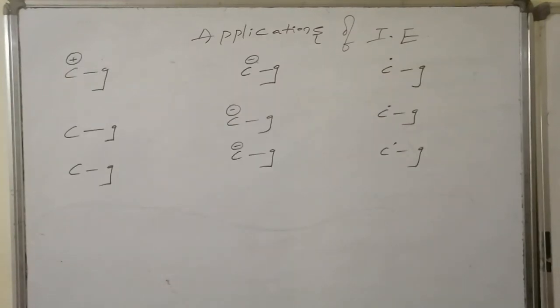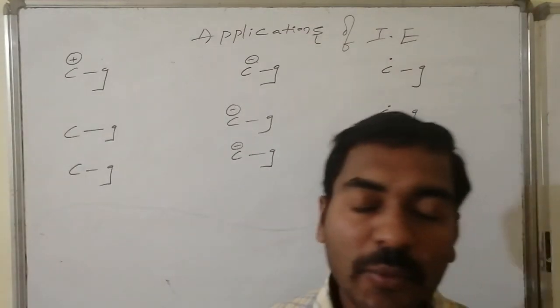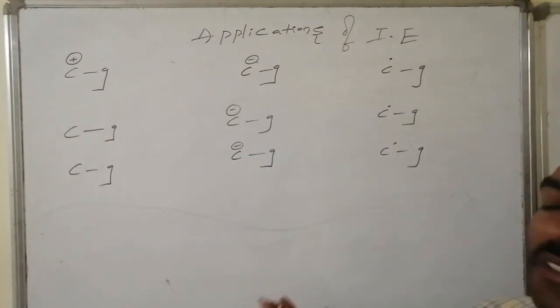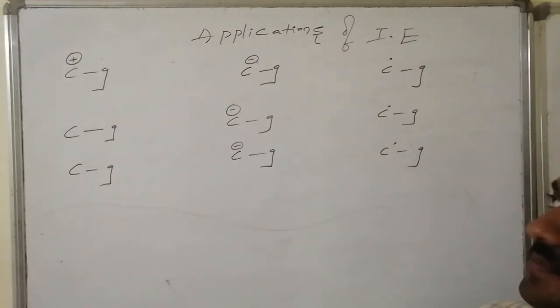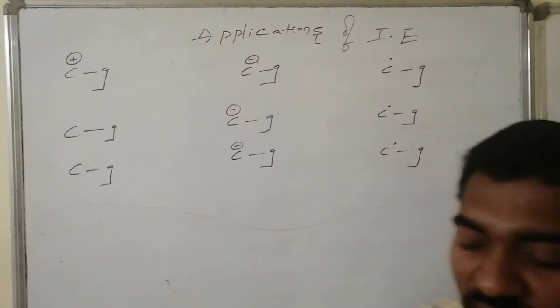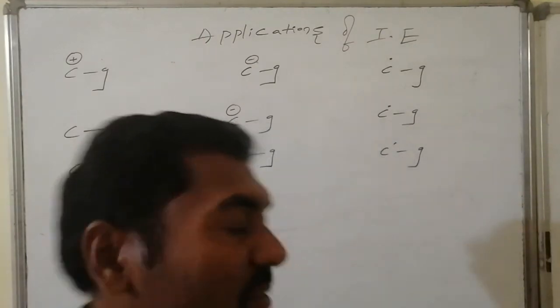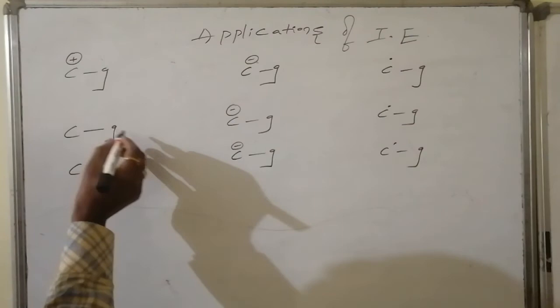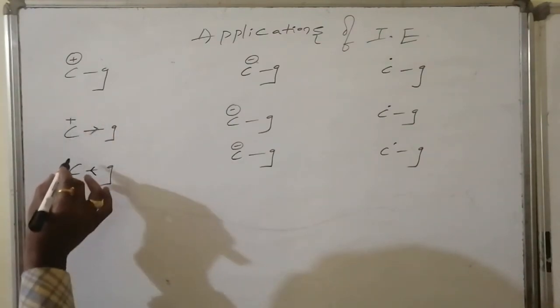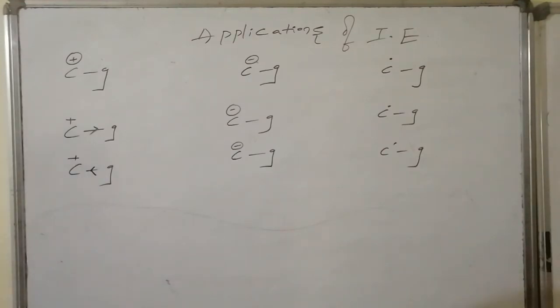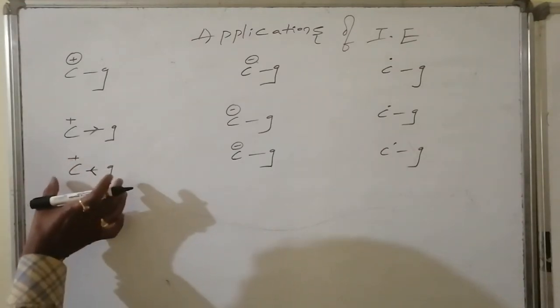Let us look at a situation where a group is connected to a carbon. That group can have either a positive inductive effect nature or a negative inductive effect nature. Suppose the carbon has a unit positive charge, or a unit negative charge, or it is neutral but a radical. If the group is a negative inductive effect group, what happens? If that group is a positive inductive effect group, what happens? Let us have a look.